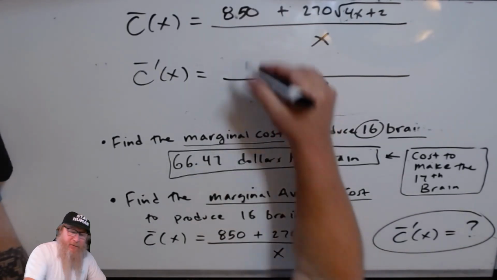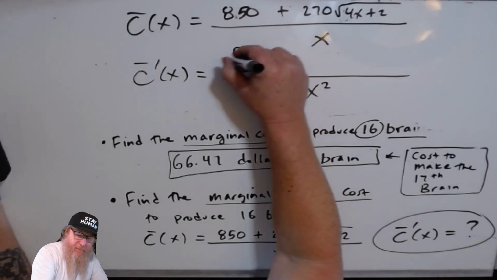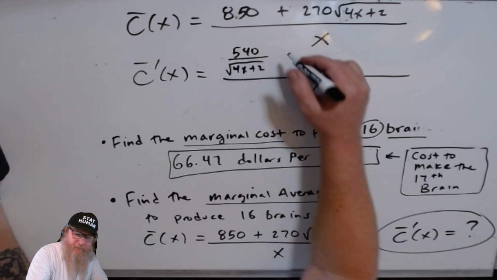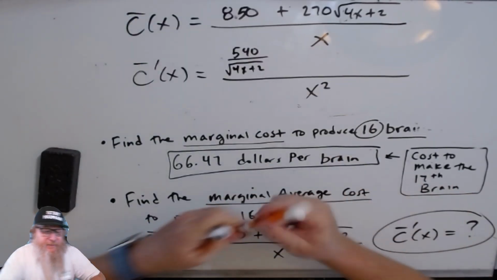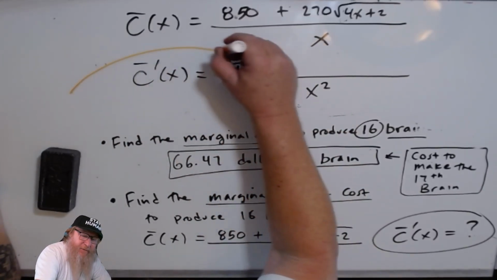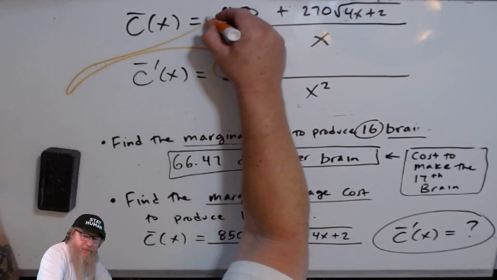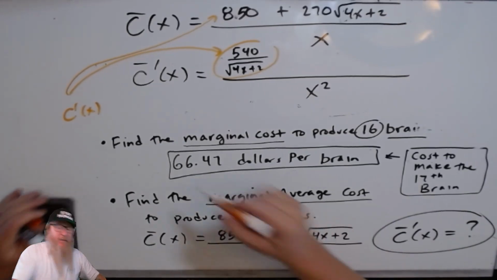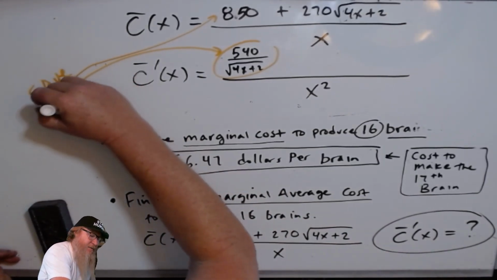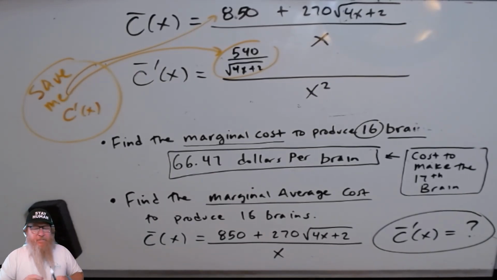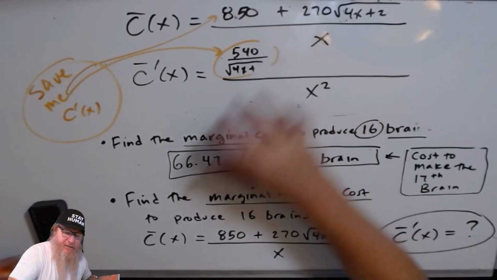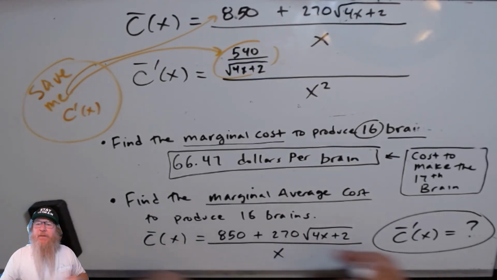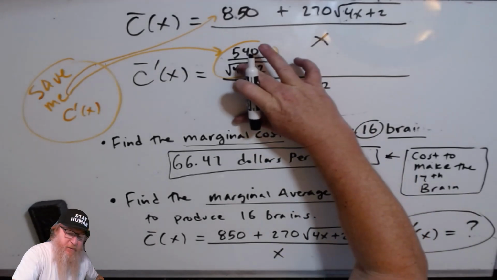We're going to have the derivative of the numerator. Shoot, I should have kept that. What was it? It was 540 over the square root of 4x plus 2. I just remembered that. That's the derivative of the numerator. That was C prime. Good thing I remembered it, because I did erase it, but I have a